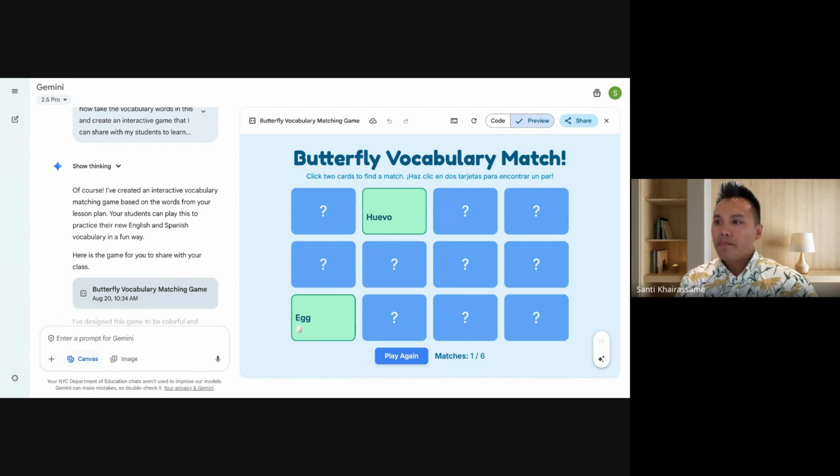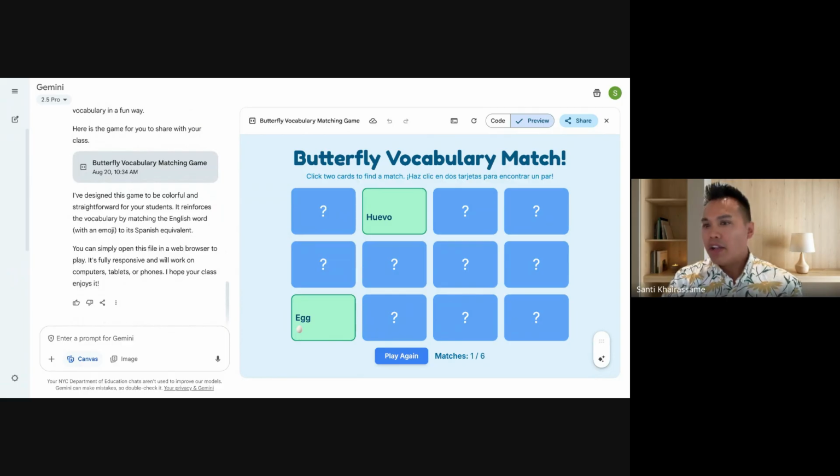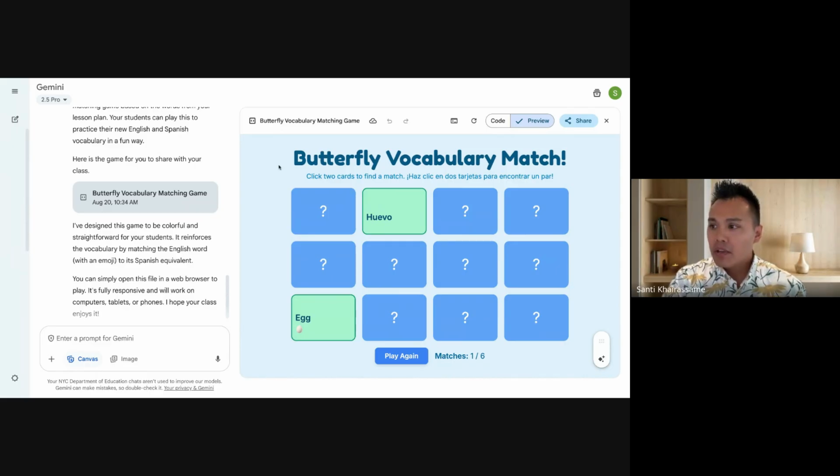So I just want to take a step back. We opened up Gemini. We had it create a lesson plan. I said, all right, let's have fun with this. I asked it to create an interactive game, and it did this. So again, when I say this stuff is trained on every piece of writing online, that also means it's trained on how to code. Hundreds of books on that. I don't know if people remember the Matrix, where you can just upload something to your brain. This thing has everything already. And so you can ask it to do it.